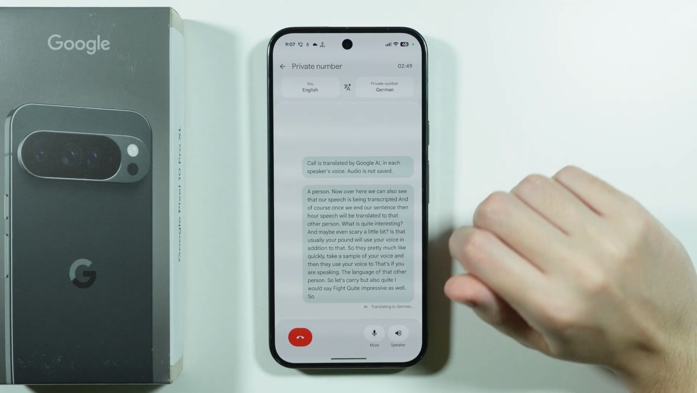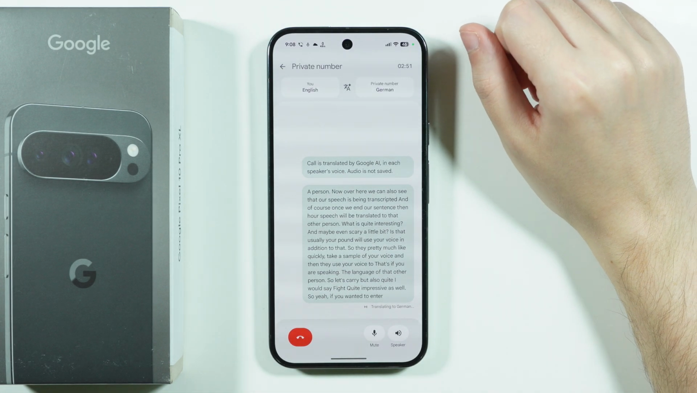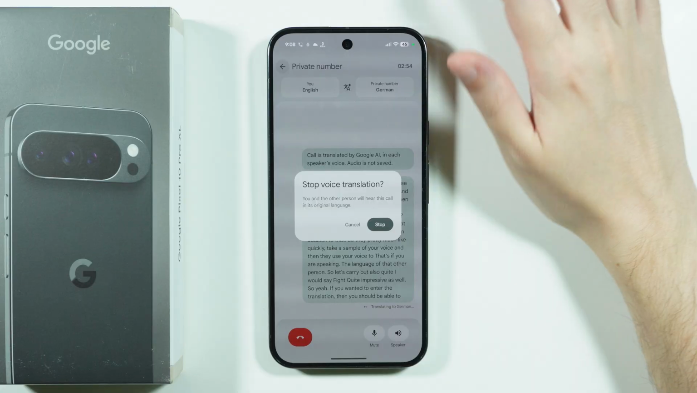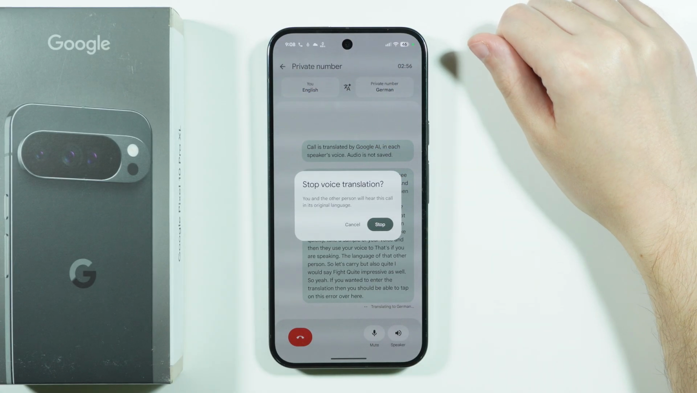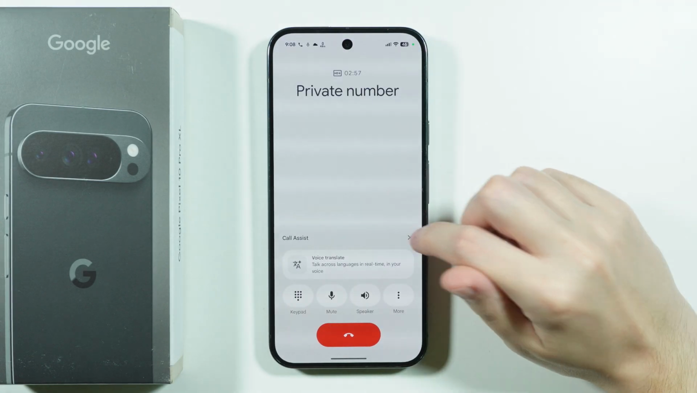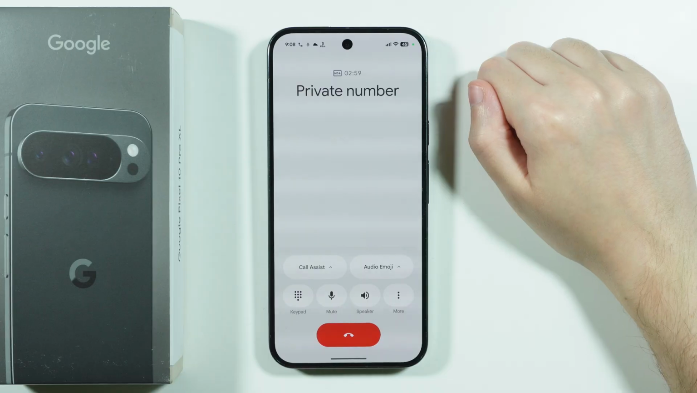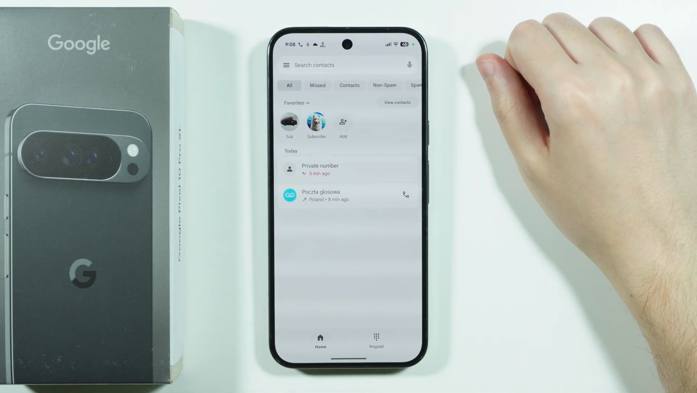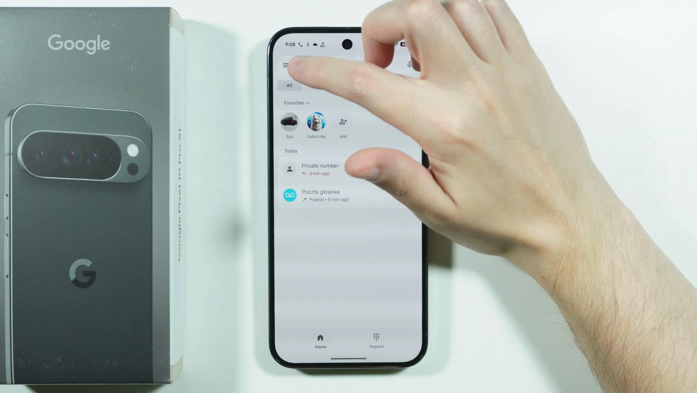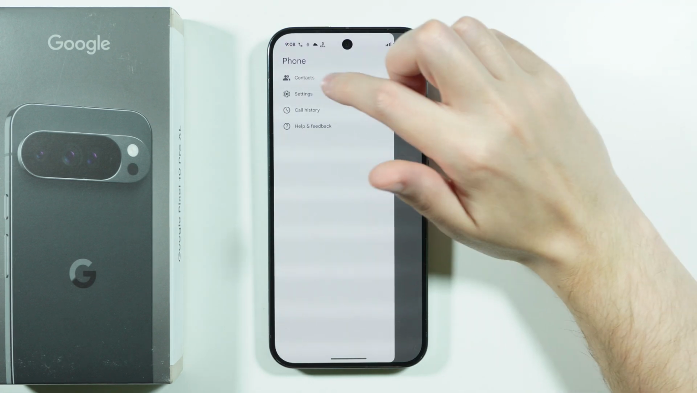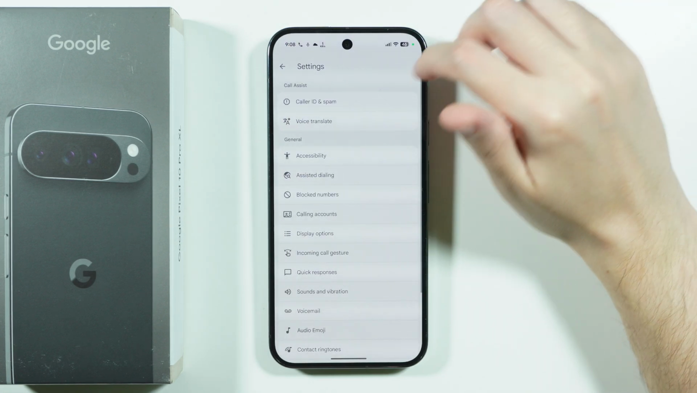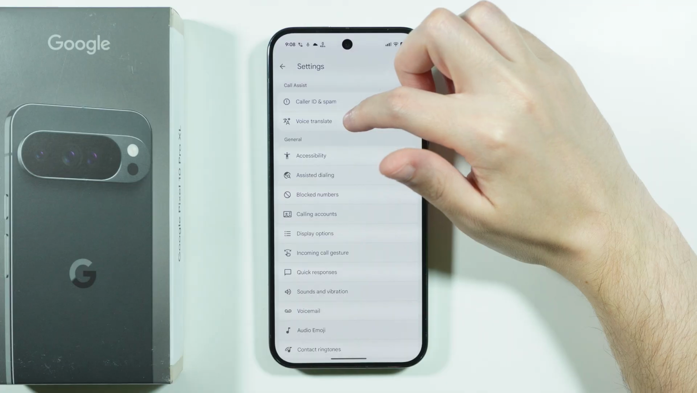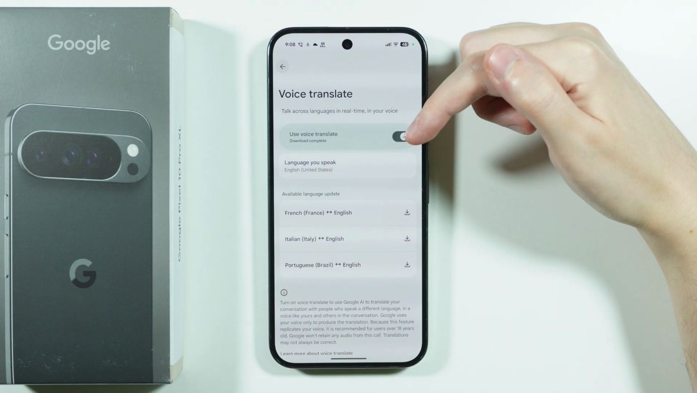So yeah, if you want to end the translation, then you should be able to tap on this arrow over here in the top left corner. And in case you don't have the Call Assist option, what you can do is you can open the phone app. Now in the home menu, we can tap on these three lines in the top left corner and open settings. And in here, you might be able to find voice translate option, and you want to make sure that